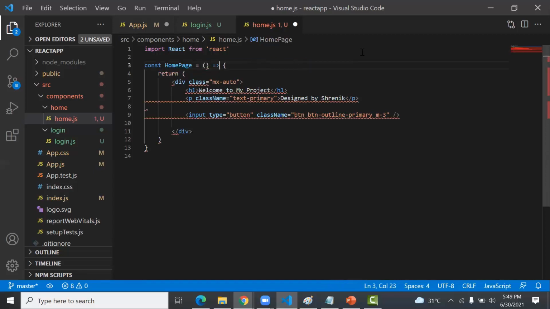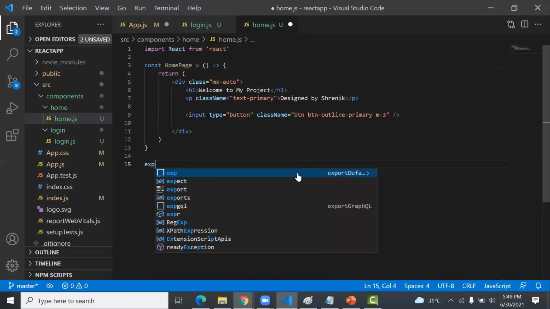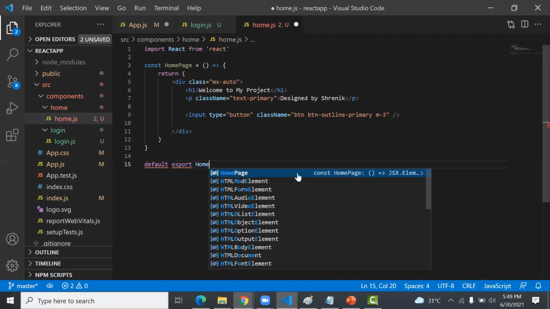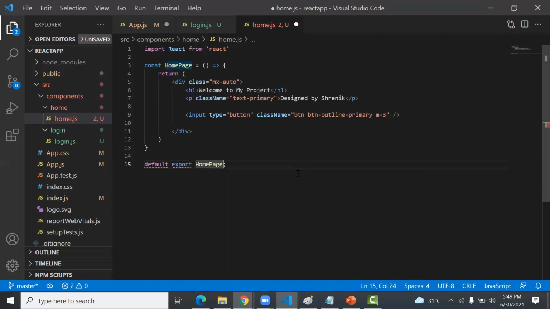an arrow function like this, and then you write export default homepage. Only writing export homepage is not enough. Okay, is it export default? Yes, export default homepage. So write the arrow function.